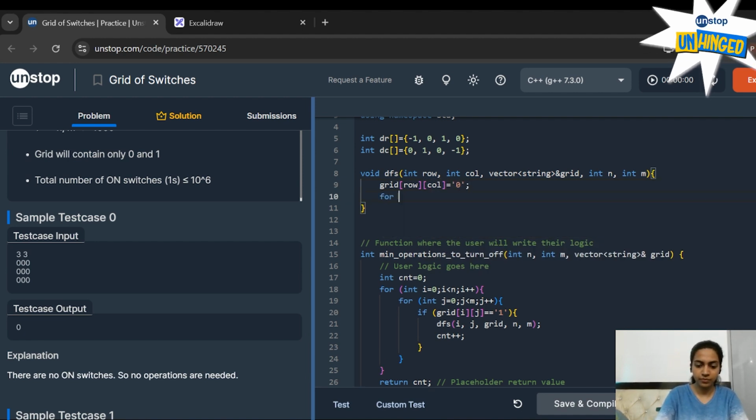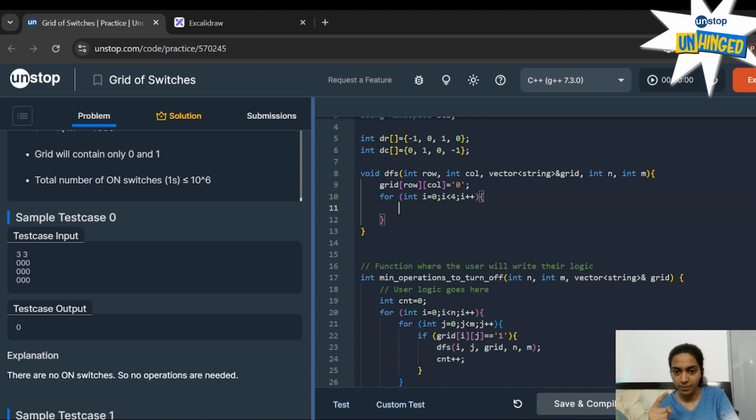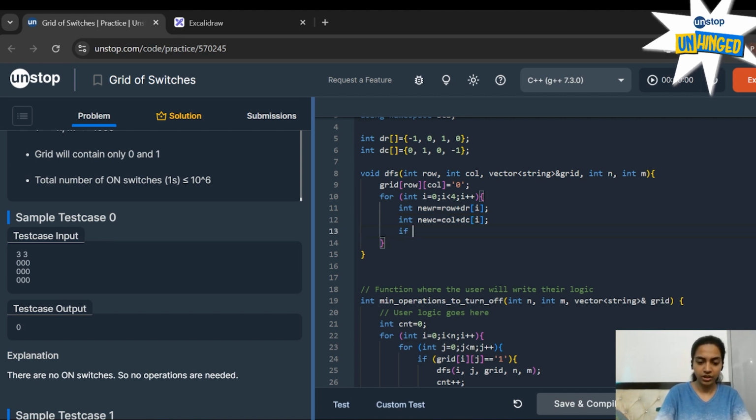Now we want to check whether the value up, down, right or left is 1 or not. If it is 1, only then we'll run the DFS logic on it. So we have the iterators for row and column for it. So we'll compute the new row and new column. Now we'll check the boundary conditions for these.